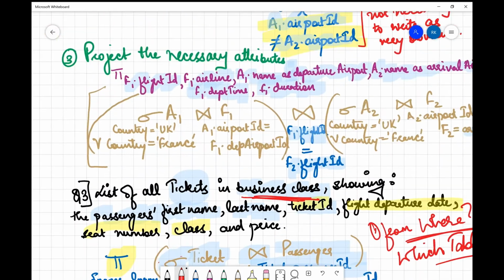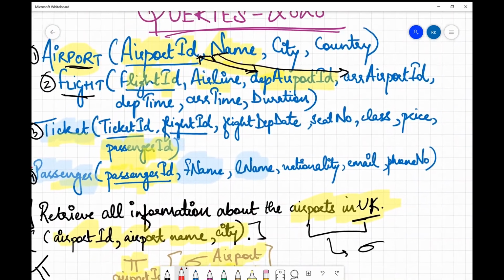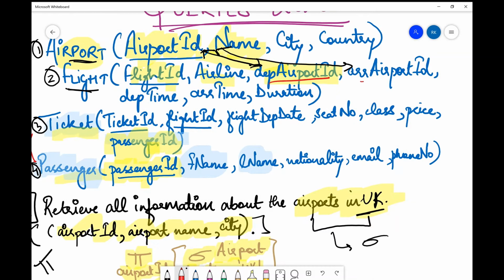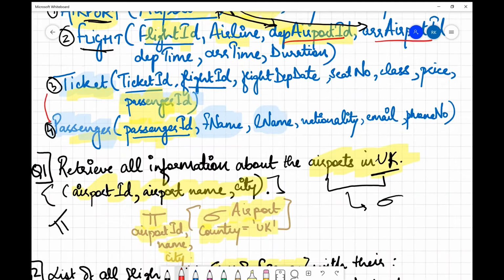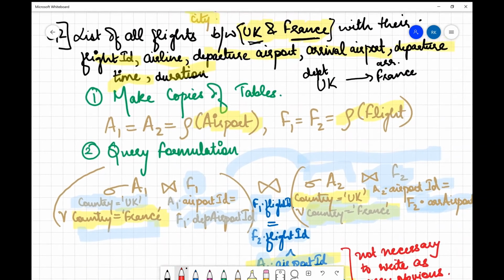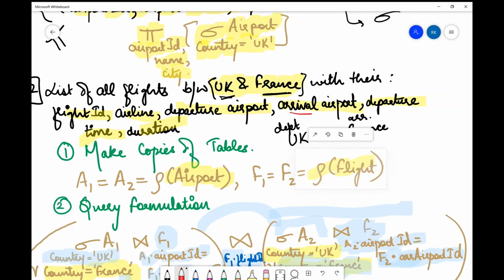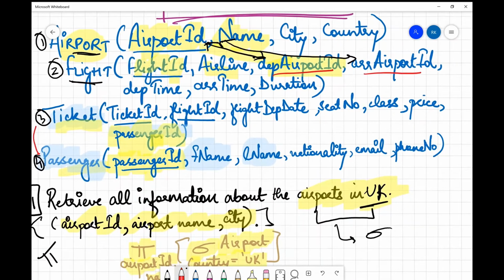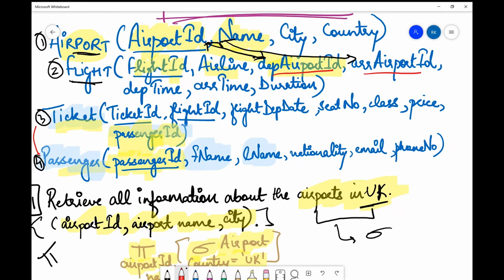If you see the flights table over here, it only has departing airport ID and arrival airport ID, right? Also in one of our previous queries there was such a case. Here also they were asking about arrival airport and departure airport, but in the flights table we have only the departure airport ID and arrival airport ID. Therefore, in such cases, what do we do? We join it with the airport table, which comprises the airport name and country, which they are asking us, right?